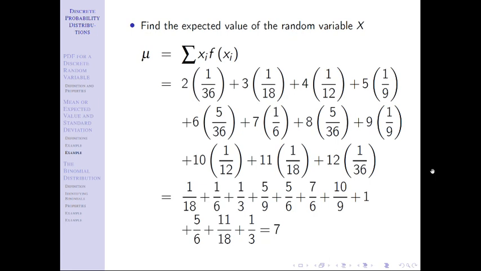And I think that was an awful lot of work just to get a whole number. But that shouldn't be too surprising to you if you put all the pieces together. And I want to remind you of what we talked about in chapter 2 when we talked about distributions.